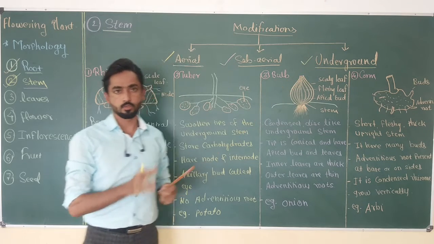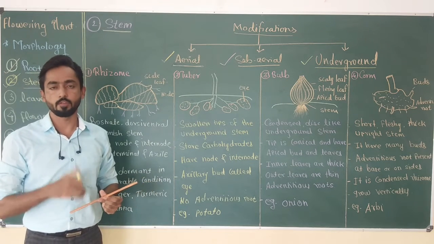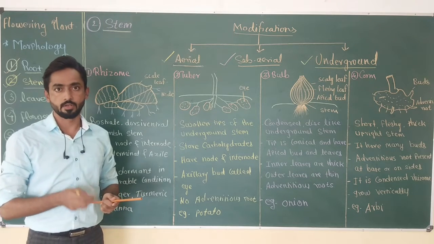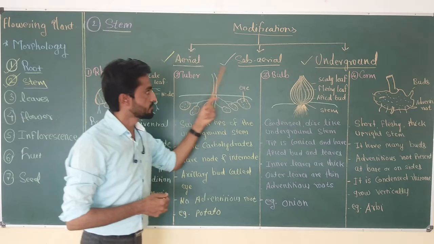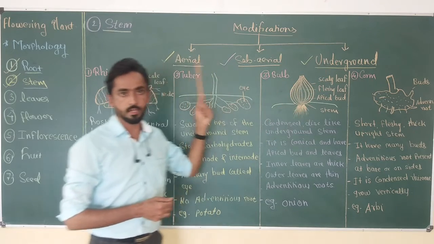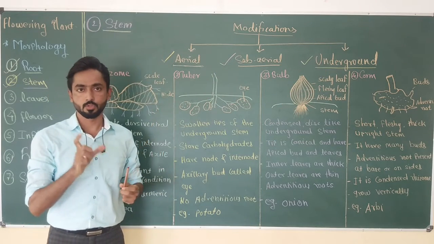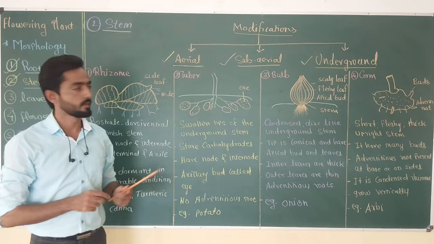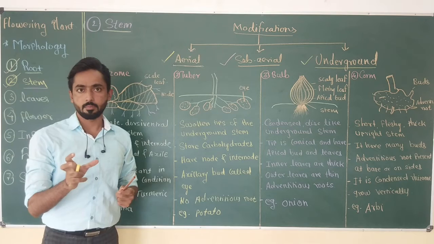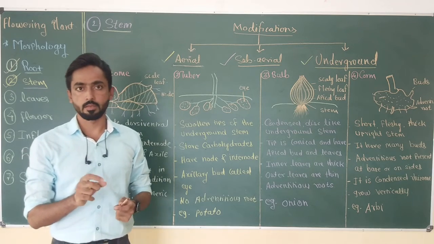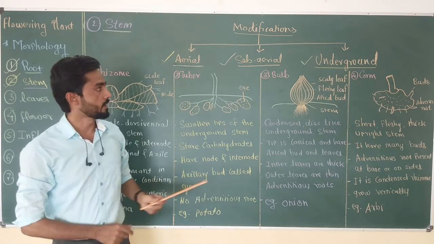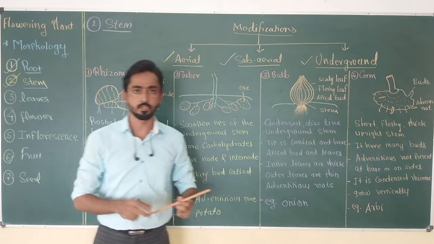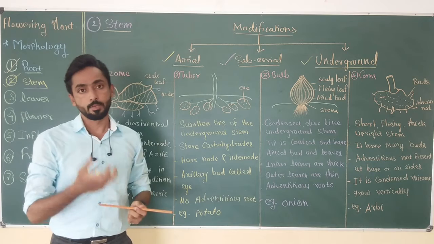Okay, so we know that the stem of an angiospermic plant modifies itself for performing special functions in three different types. Number one is aerial, subaerial, and underground. In case of aerial modification, the stem shows structural changes in aerial parts or in air. In case of subaerial, the stem remains in air but sometimes may grow under the soil. While in case of underground, the name itself suggests that in this type of modification, generally the stem grows below the soil